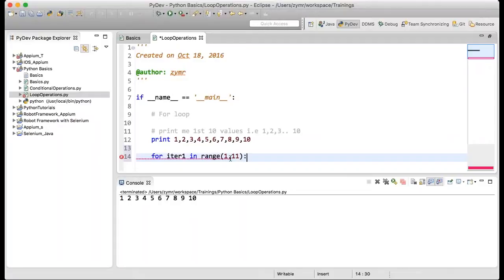Here I have to end with a colon. Please note, in the for loop you have to end with a colon, and inside this I will print the value is.